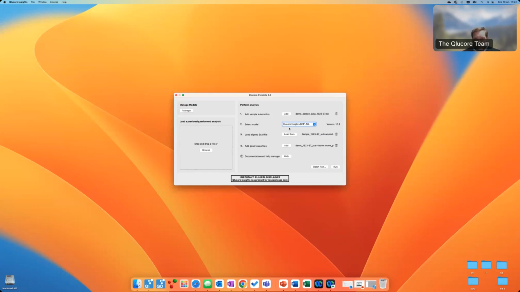Once we have made sure that these are the files that we want, we push run, and then it will take about 1 to 2 minutes to run the sample. And in the meantime, I will have a look if there are any